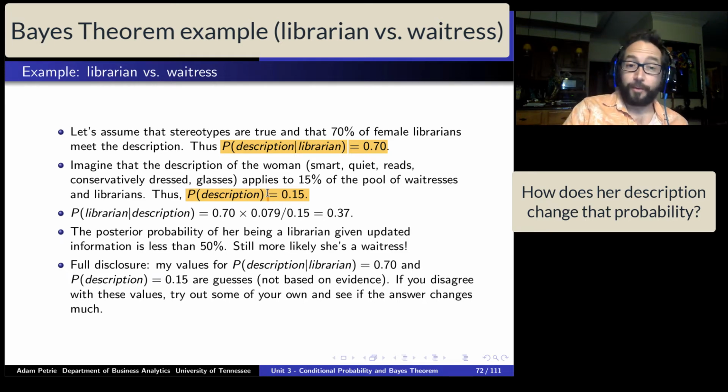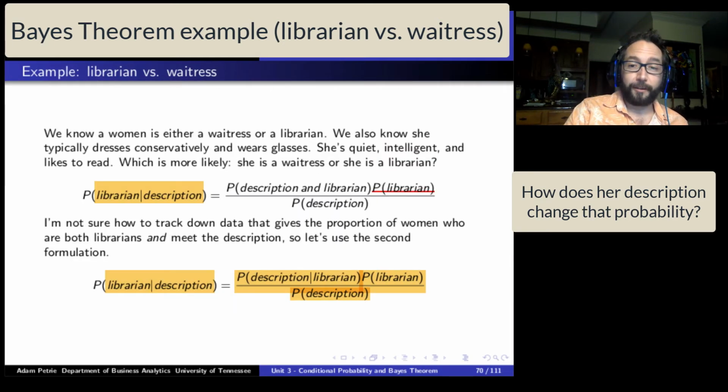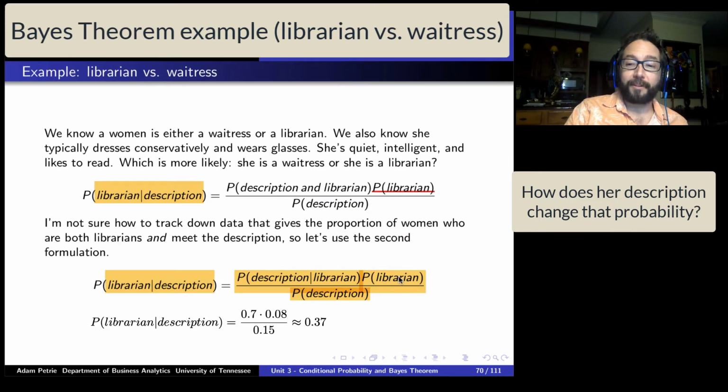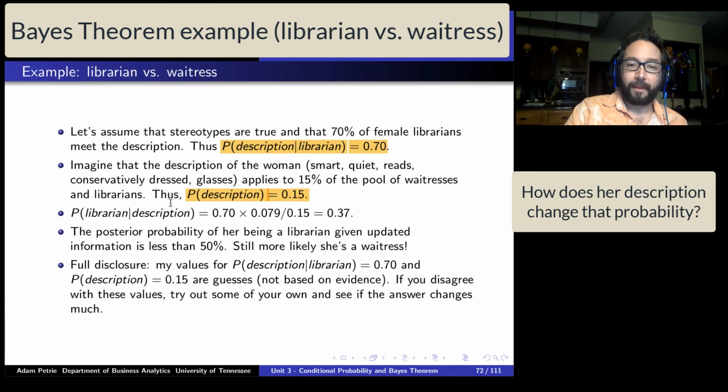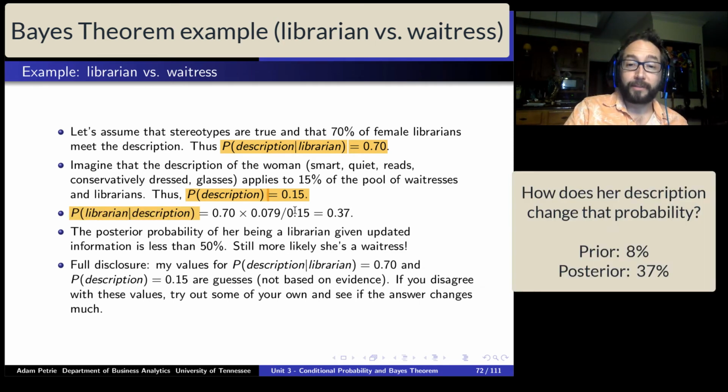So we can throw these numbers now into Bayes' theorem and get our answer. We have the prior probability of being a librarian, just about 8%, times 70%, how often that stereotype is true, divided by that 15% of just a random woman, waitress or librarian having that description. And so getting that posterior probability now that she's a librarian given that description, well, using our numbers, that works out to be only about 37%. So even though this woman that we're discussing kind of meets the stereotype of a librarian to a T, it's still more likely that she is a